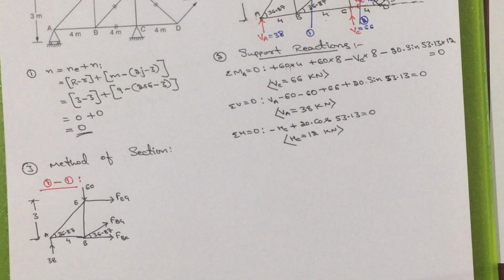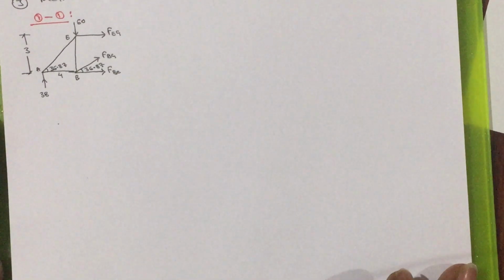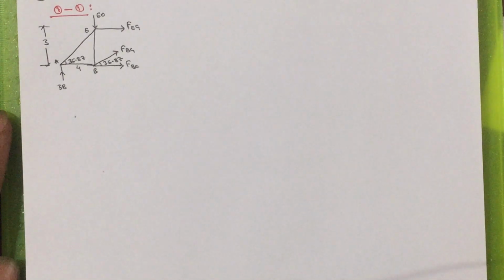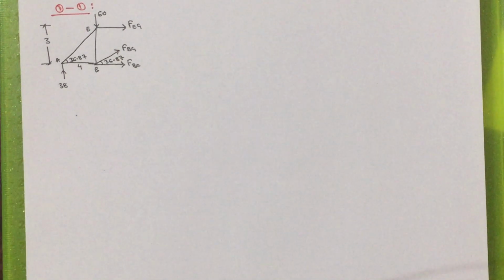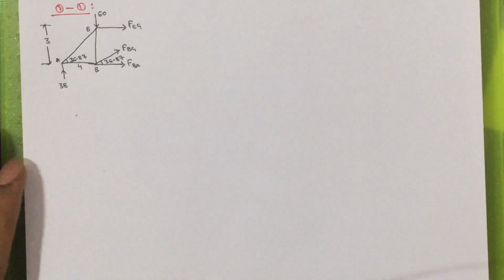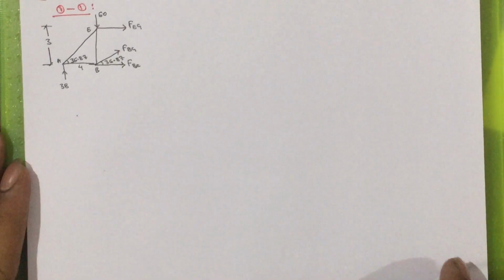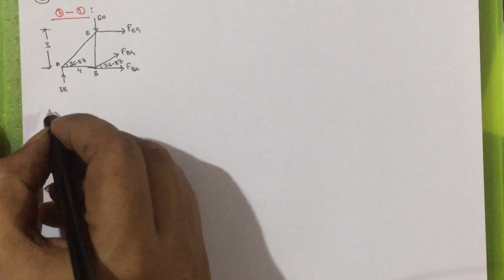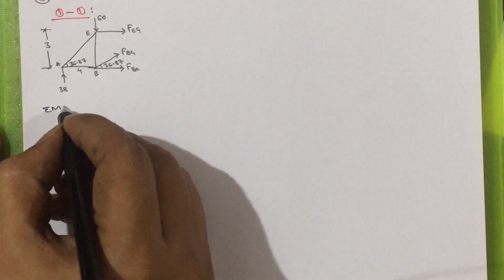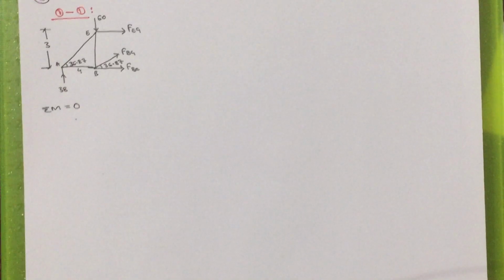Okay. Now once it is written, we are going to apply the equilibrium conditions, that is horizontal 0, vertical 0 and moment 0. In case of method of sections, 3 equilibrium conditions. So let us take the moment first. We will go in reverse order. Sigma M is equal to 0. So which point are you going to consider as the moment center?